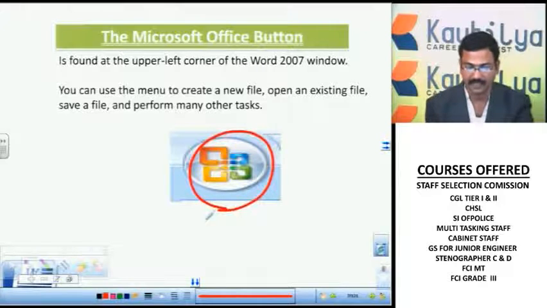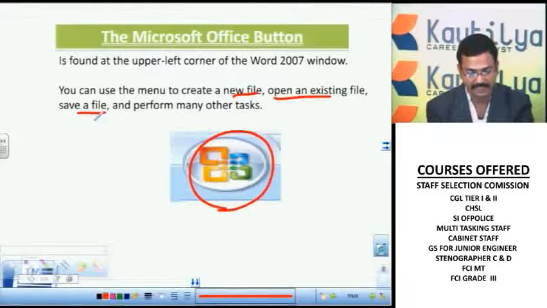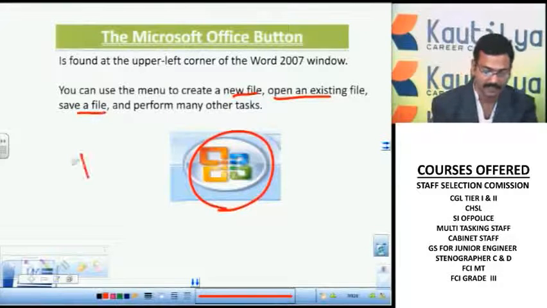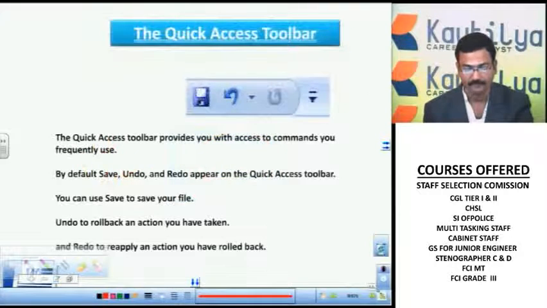If I select that, I can see options for opening a new file, opening an existing file, saving the file, or making a copy of the file somewhere else in the target location. You can also print, and you can also close the file. So these are the number of options available in this button. The next